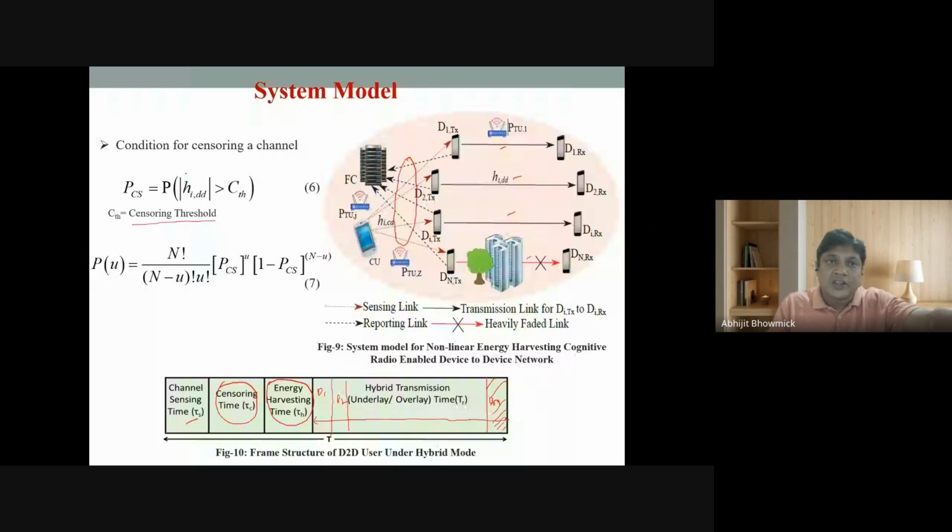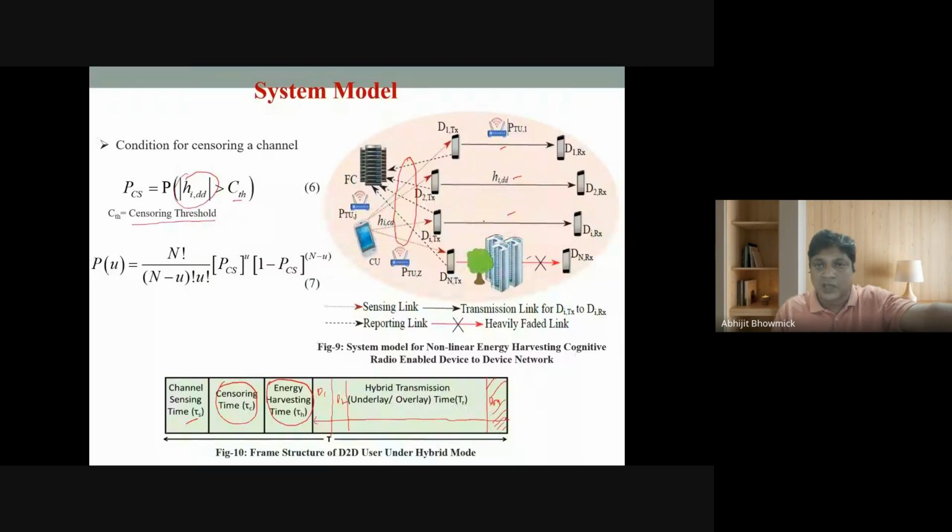If that estimated channel is greater than some threshold, the user is allowed for transmission. If not, if it is less than C_TH, it would be eliminated from the transmission process. This technique is called censoring of the user. So if we adopt these censoring techniques, it may happen that one or more users